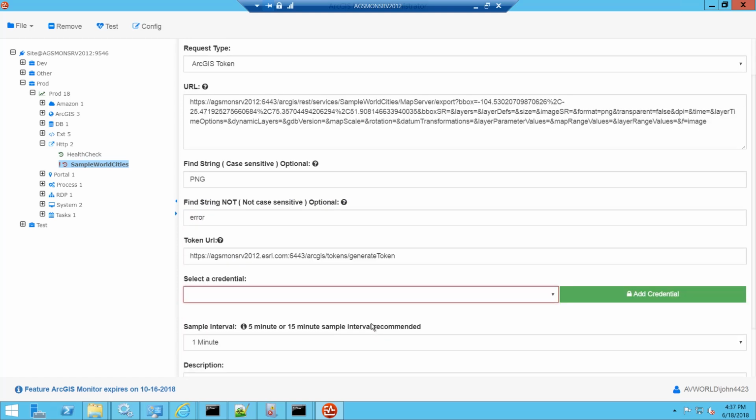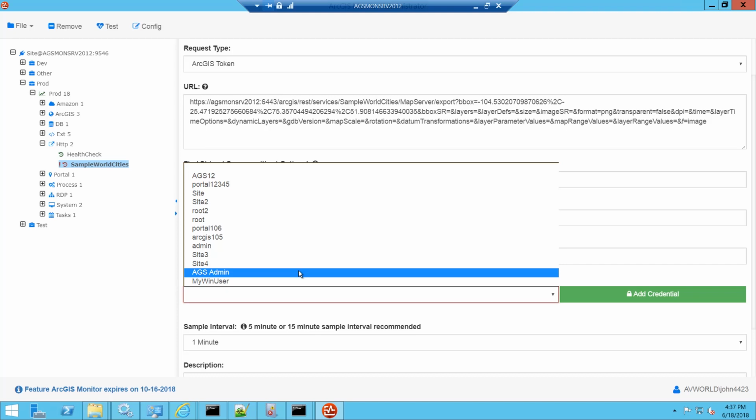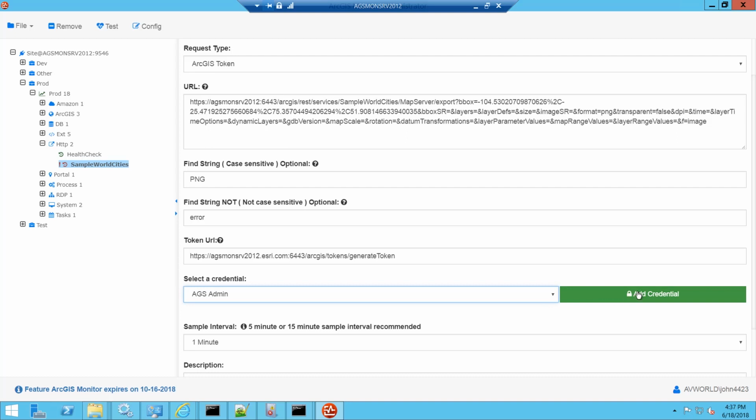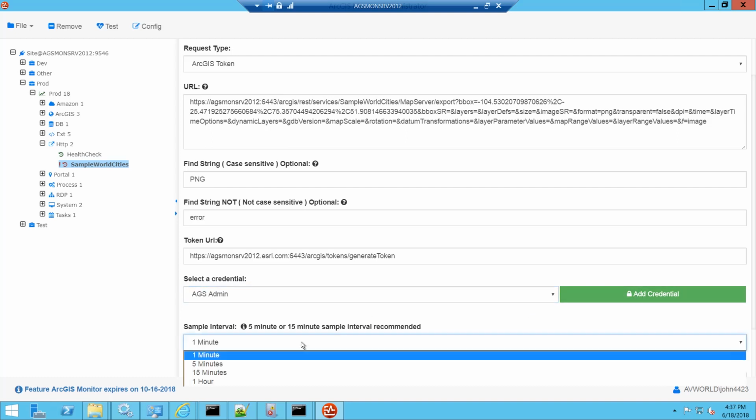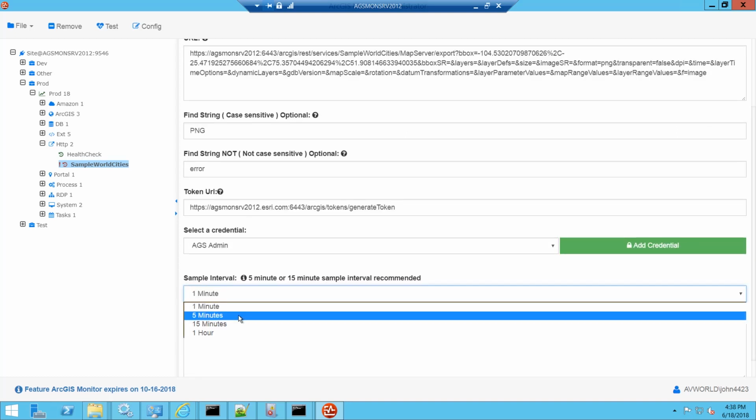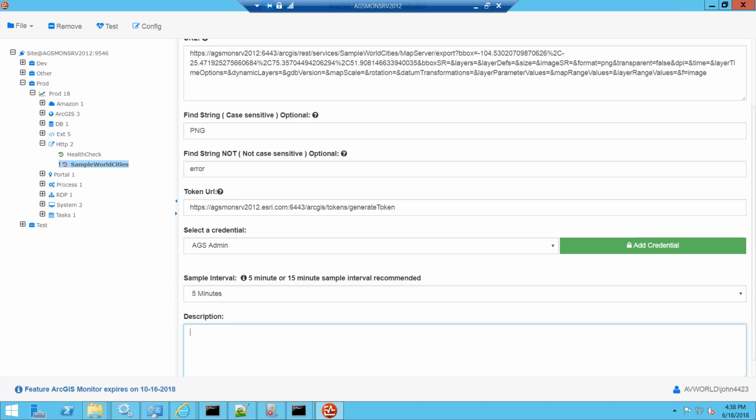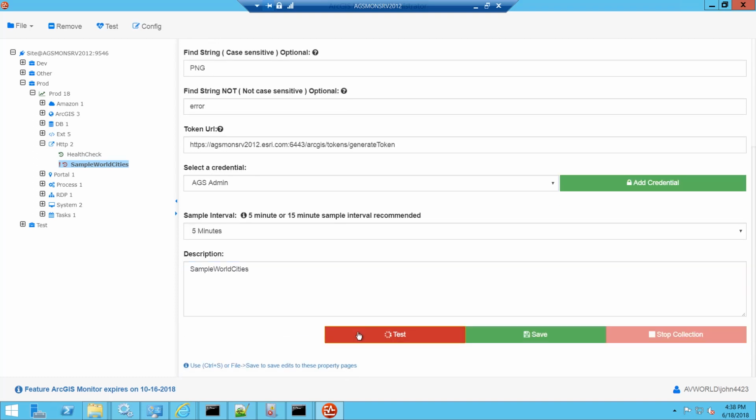Next I need to pick a credential. You can use the ArcGIS Server Administrative credential or an ArcGIS Server Publisher, and if you need to add it to the list here you can click the Add Credential button. Next I need to pick the sample interval, and I'll pick 5 minutes, and then I can put a description in, and I'll just call this one Sample World Cities. And next I'll click the test button,